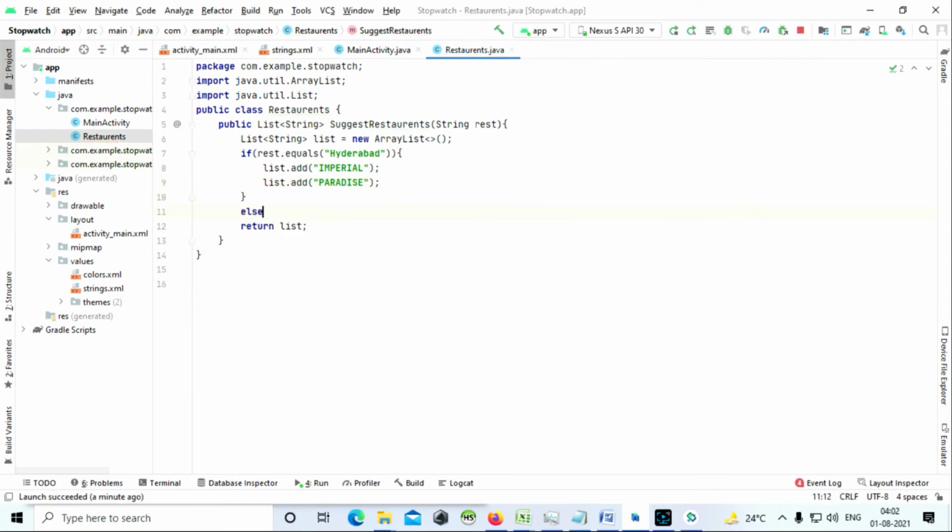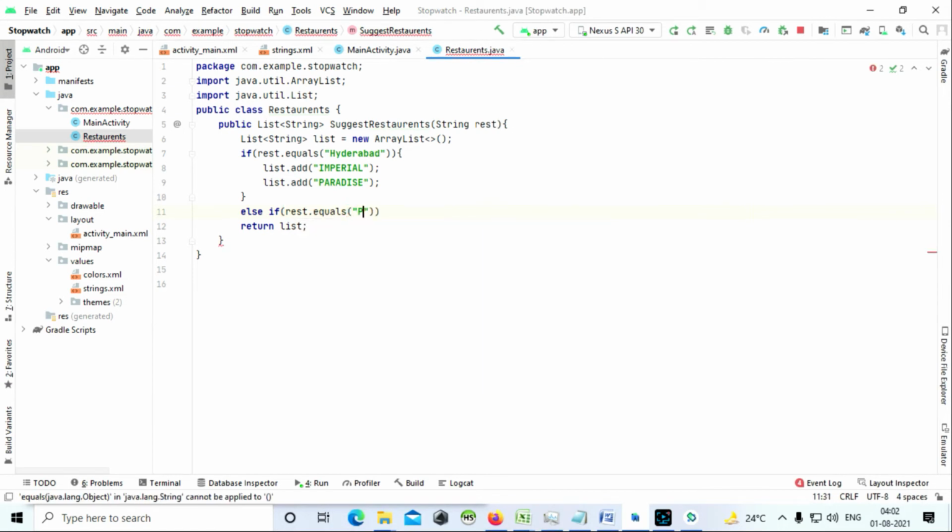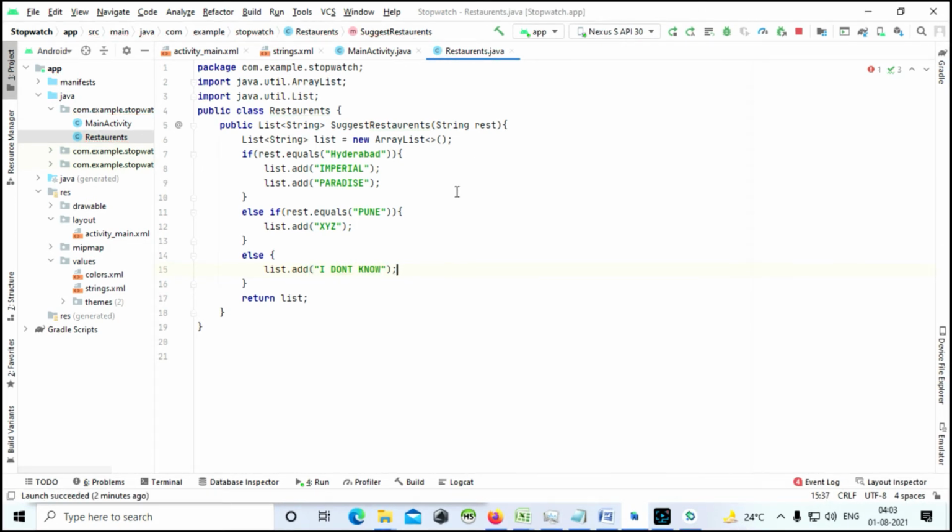Again, else if res.equals Pune. I don't know what the restaurants in Pune are, so I'll just write XYZ. If you give any other, let's add something, just for testing purpose. Okay, now let's save this. I think you understood this part.